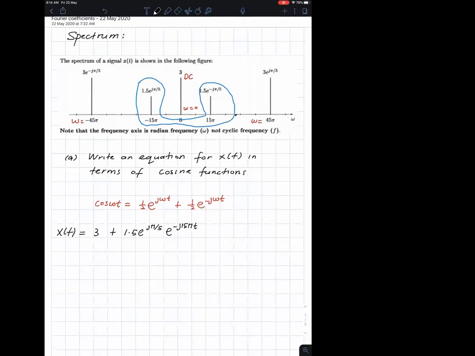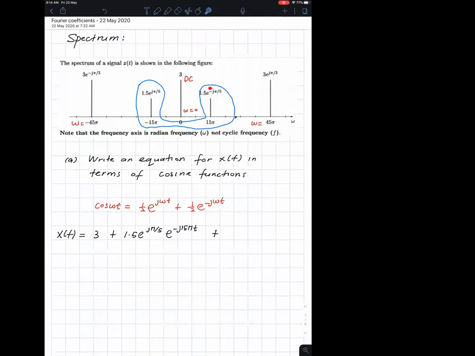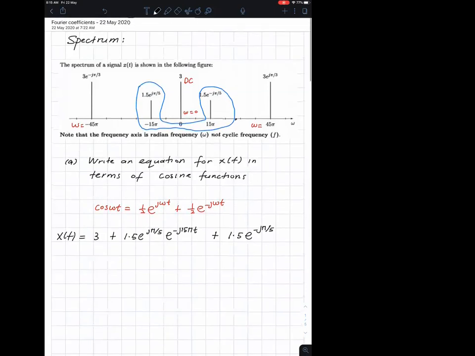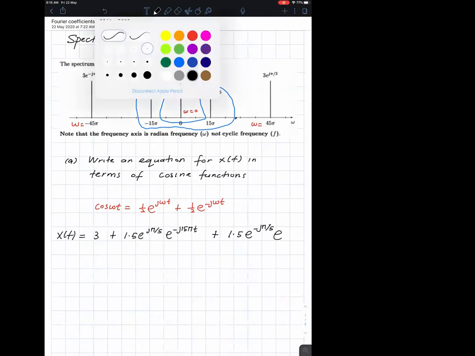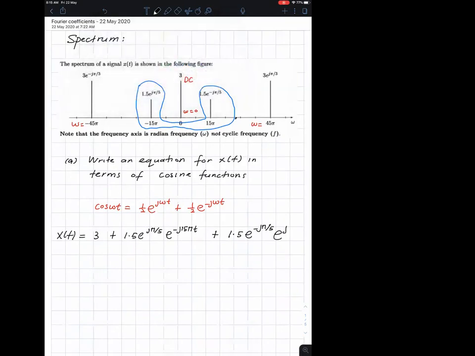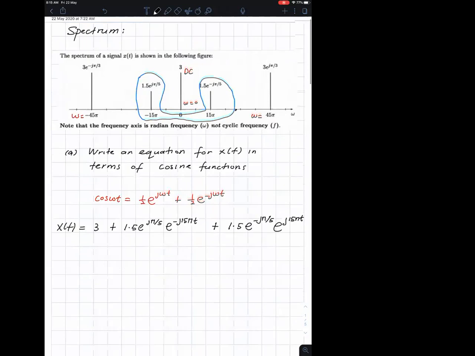And then you're going to do the same thing for the other part. On the positive side, you have the complex exponential, the amplitude and phase is 1.5 times e to the minus j π over 5 multiplied by e to the positive j, happening on the positive side of the frequency, j 15π t. Okay, then plus